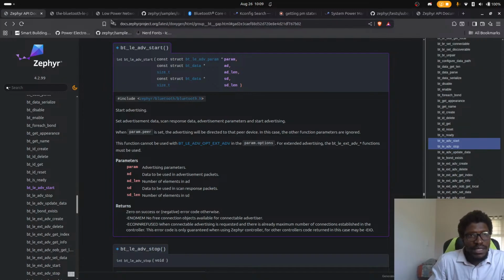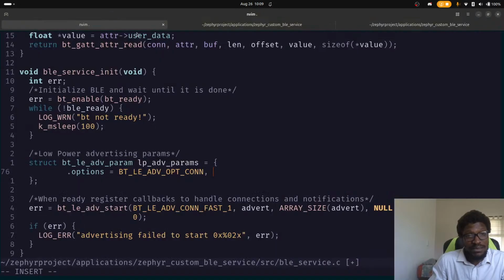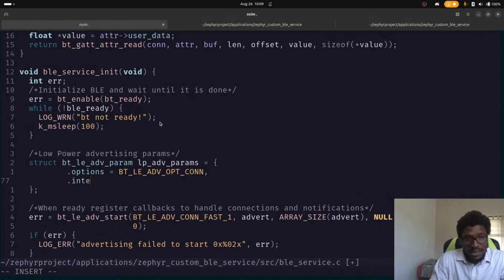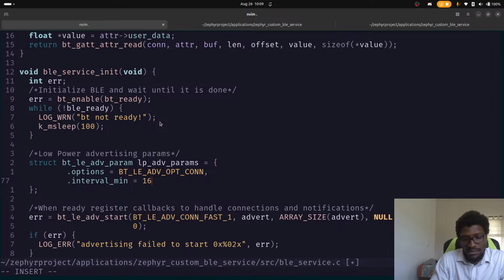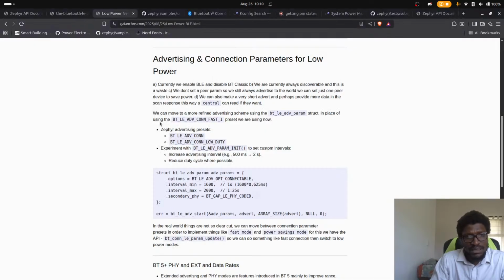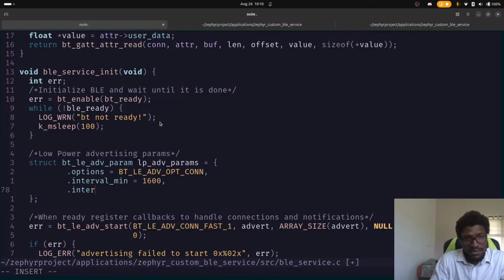Optcon, and then I'll do optcon, and then double min and double max. I can do that. Can I just set interval min equals, what did we set it? 1600, and then interval max, that becomes 2000,